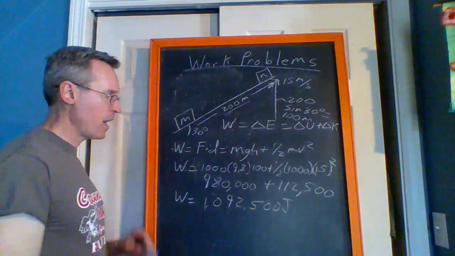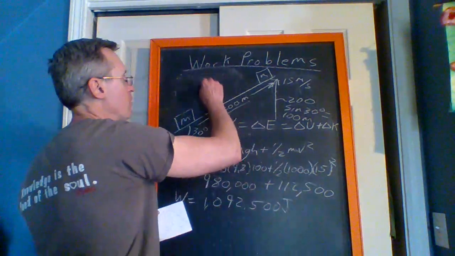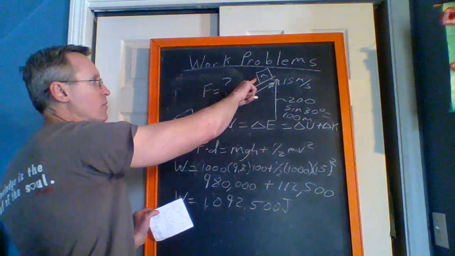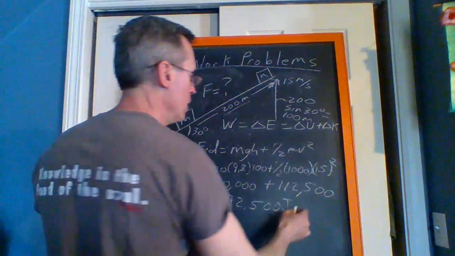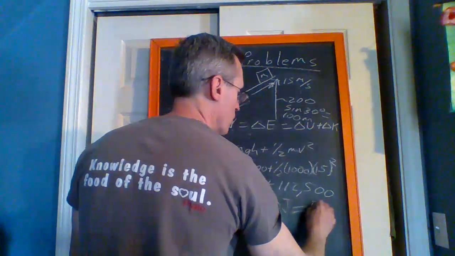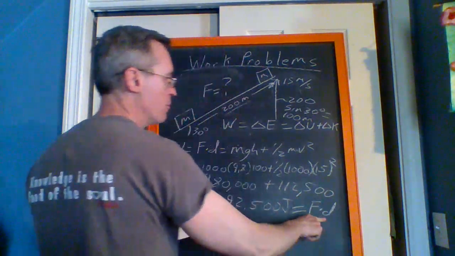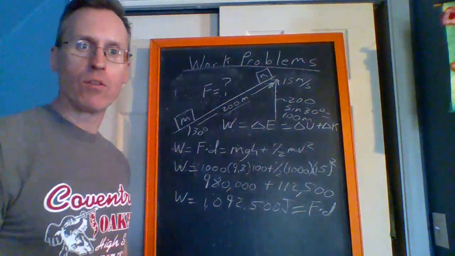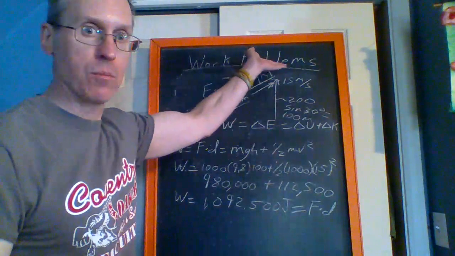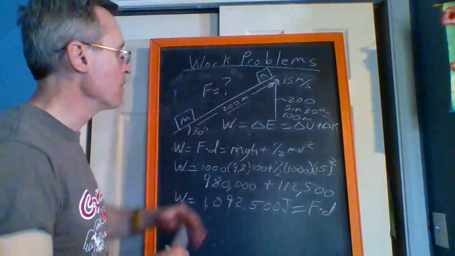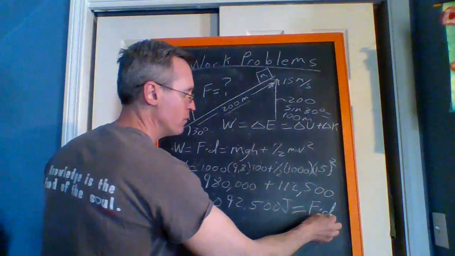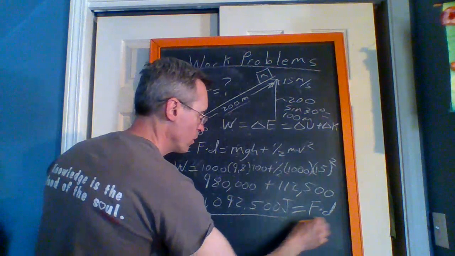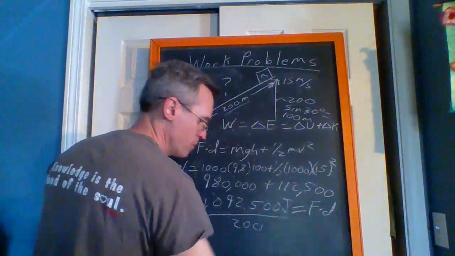Of course, if I'm looking for the average force provided in causing this object to accelerate up the hill and reach that speed, then this is equal to the other work equation, which is force times distance. Be careful, because that distance is the distance that the force is working. It's not the distance above the 0 point. That's for potential energy. So dividing by d, which is 200, on both sides,